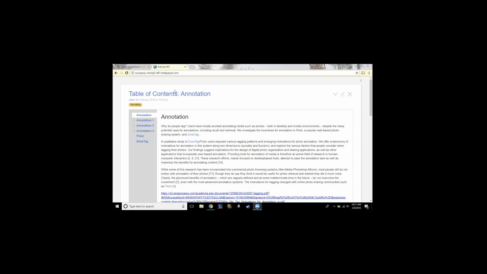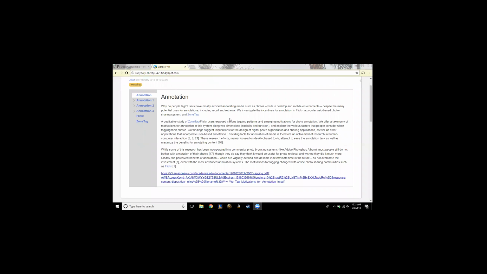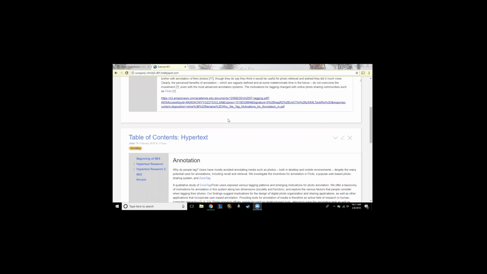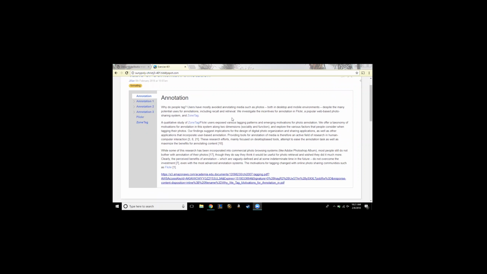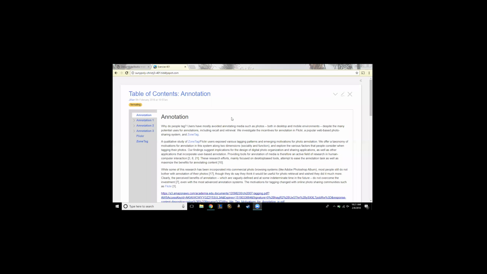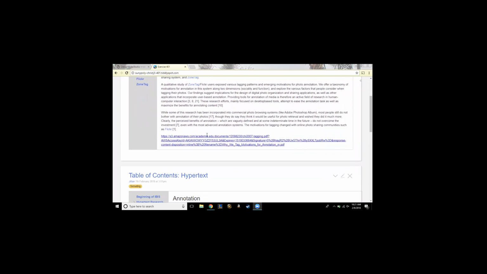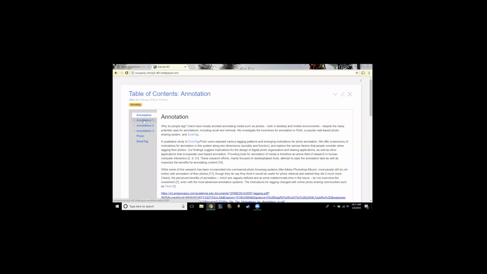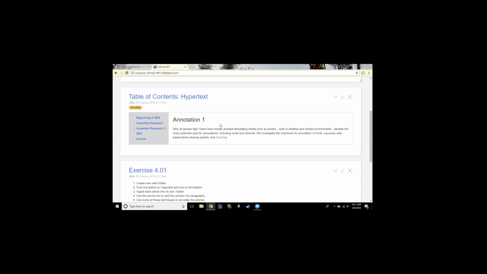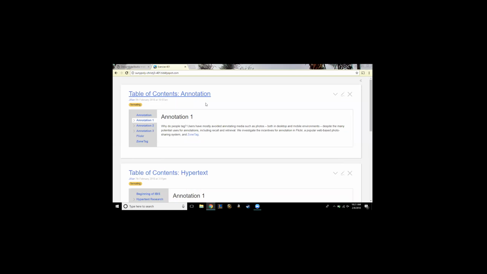Okay, go ahead, Jillian. This looks familiar. Is the microphone on? So I went and found some articles on hypertext and annotation, and then I wanted to make a table of contents based off of all the tiddlers that I made, and these two are tags down here at the bottom. The one problem I'm having is, if I click on this, it also does this on the second one. I wanted it to be separate, like this one only hypertext, and this one only annotation. So I don't know if that's a code problem.